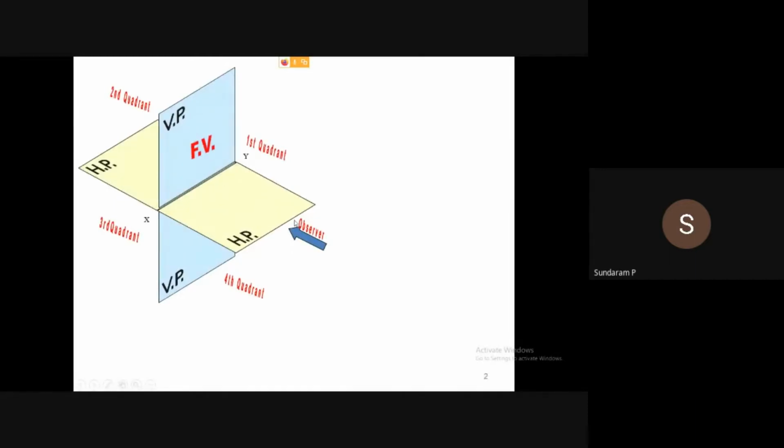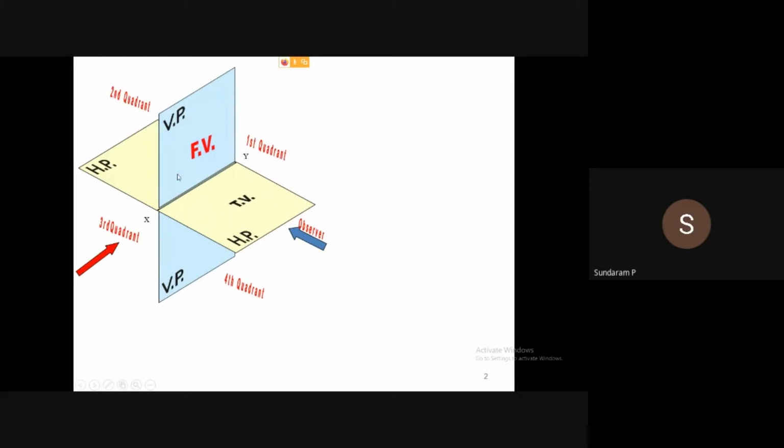Suppose the observer looks from the top; you can assume the observer on the right hand side only. When you look at the top, we get the top view on the ground, or on the horizontal plane. Once again, when the observer looks in front of the vertical plane, or the wall, we get the front view on the same vertical reference plane. For the first quadrant and second quadrant, you can assume the observer is always looking through the top to get the top view.